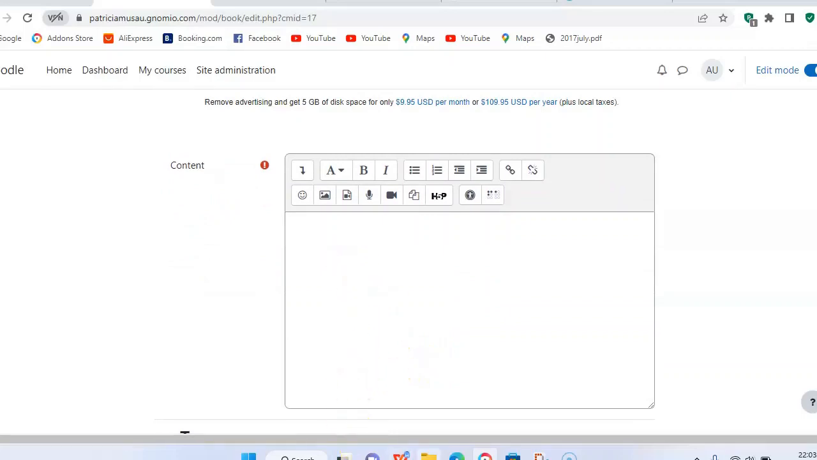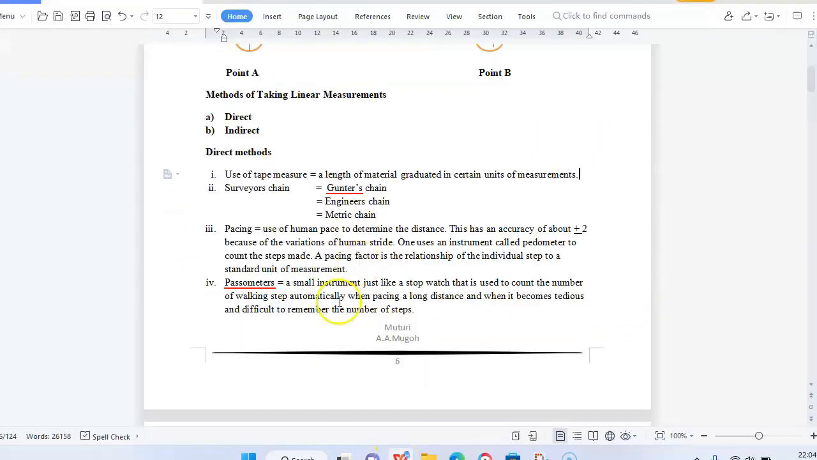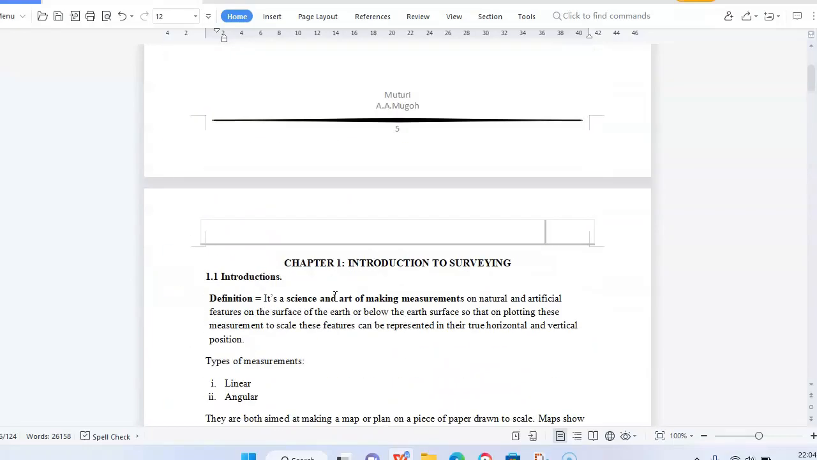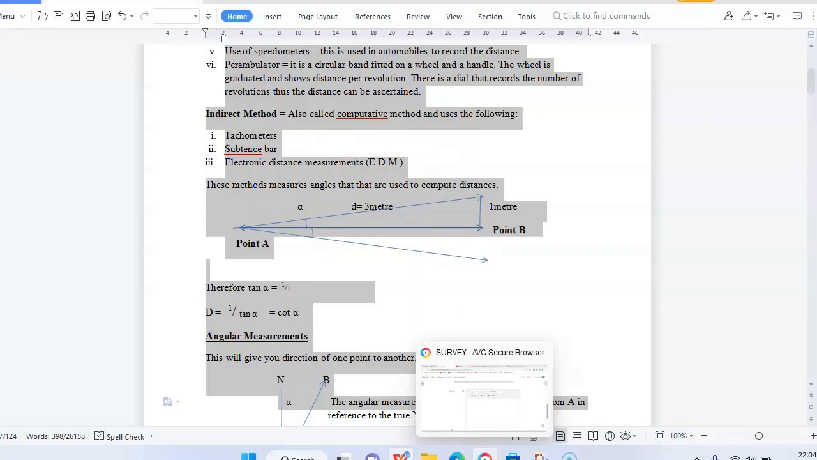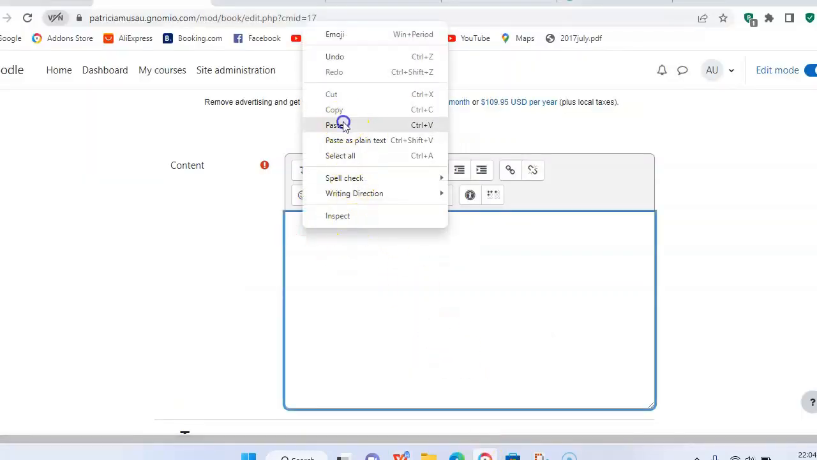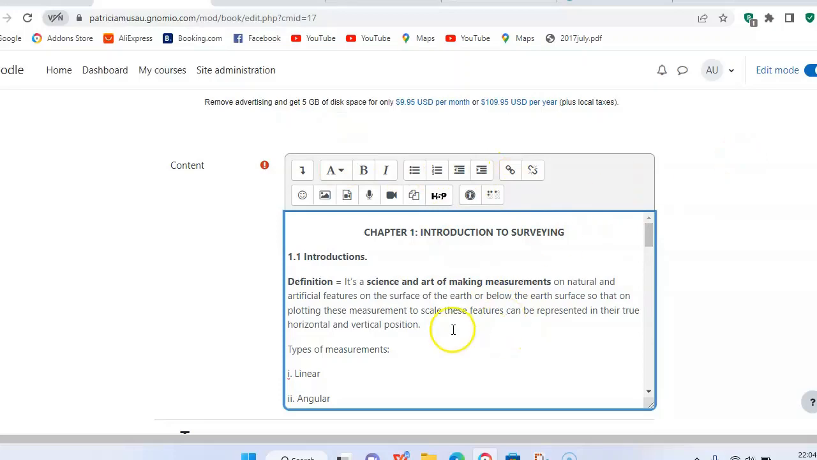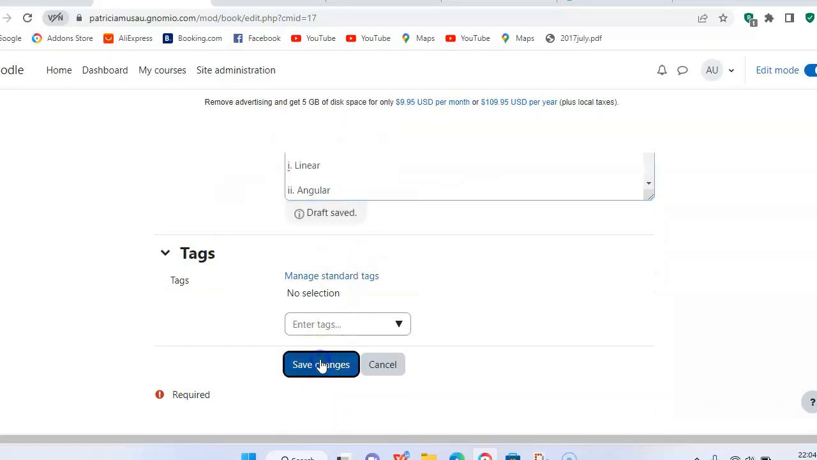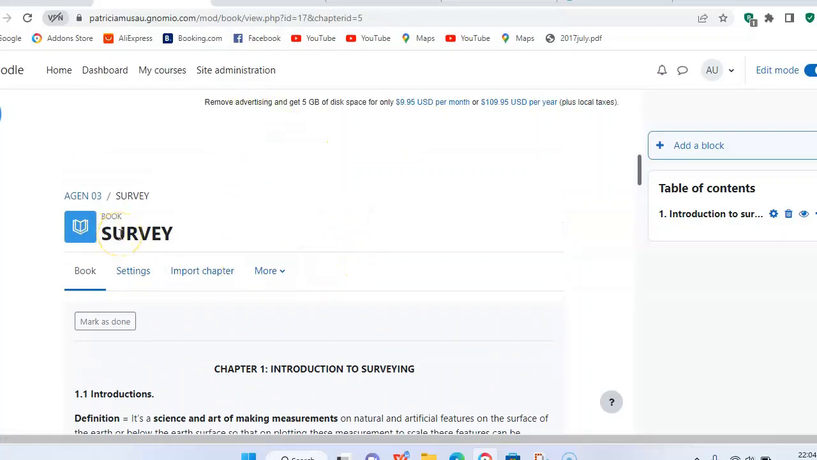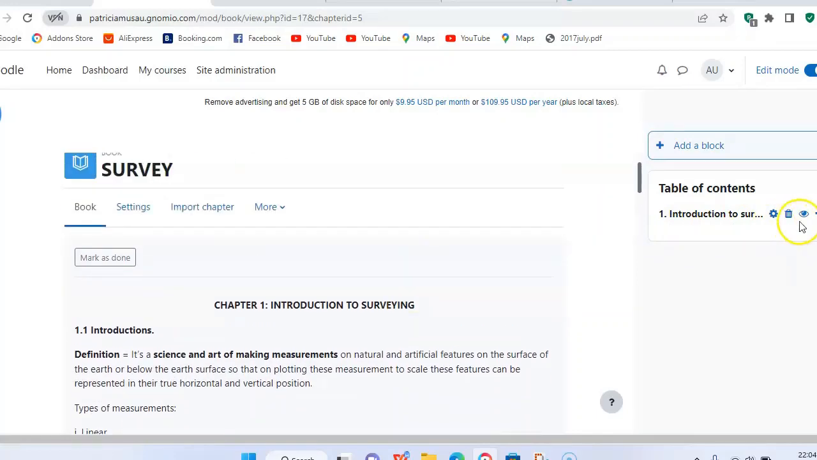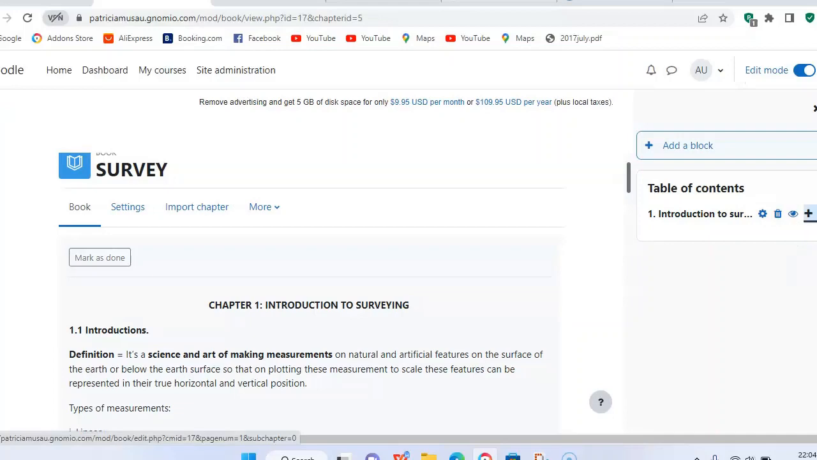I go again and pick material from my file resource on the introduction to survey. That will be my first chapter. In my first chapter, I copy and paste. So when you are starting to prepare your course, you need to have your material ready so that you don't take a lot of time. Now with this, I save the changes. Then you will realize I have already a book in the first chapter, and the table of content is already there. I can add another topic on the book